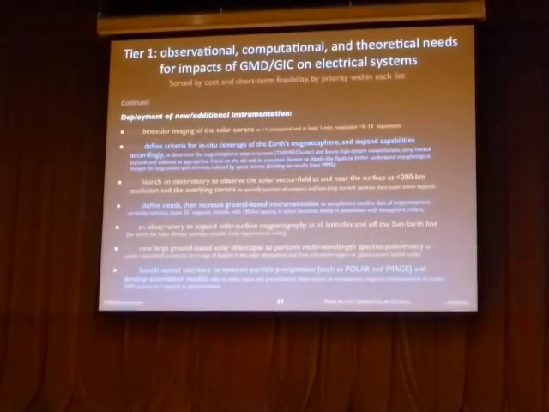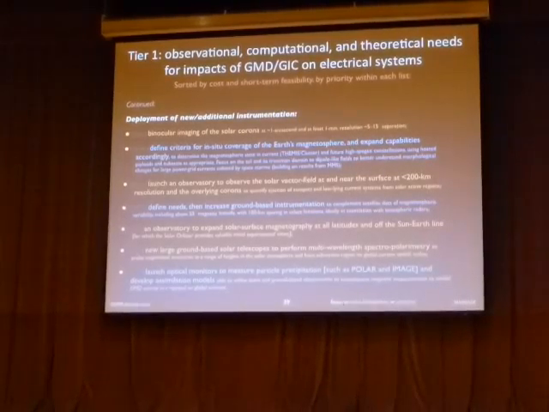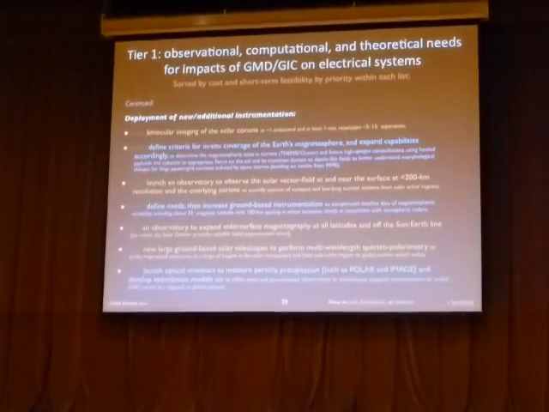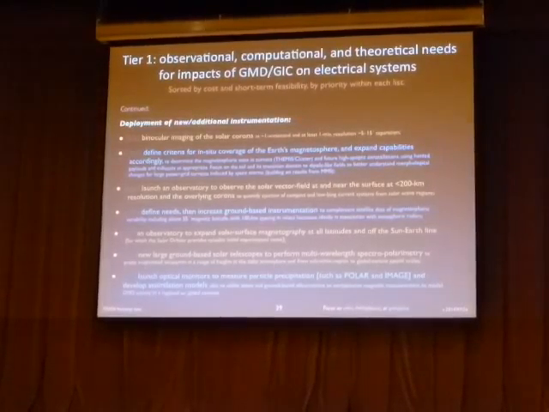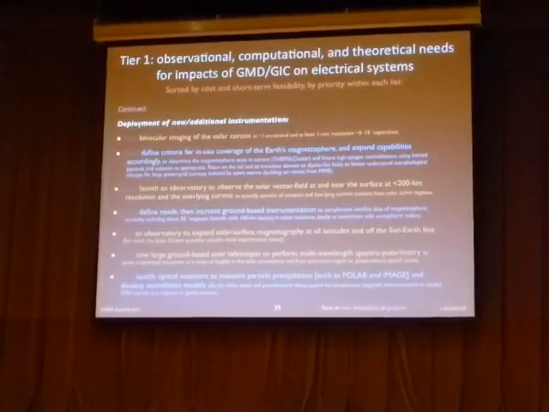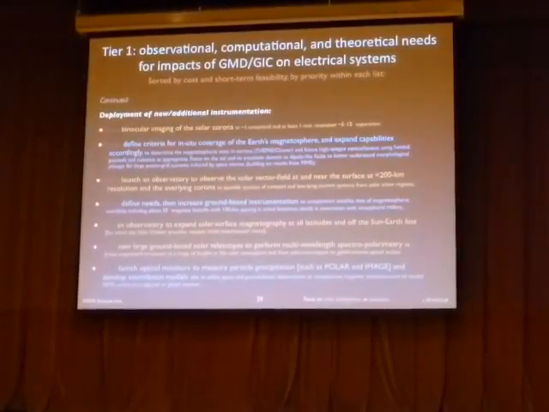We need to work on the needs of ground-based instrumentation to complement magnetospheric measurements. We need to look at more of the solar surface, and that is something that will happen when, for example, the Solar Orbiter will come up. It will not do that continually, but it will be a great stepping stone by providing us polar field measurements and backside measurements, so that then we can define where our real needs lie.